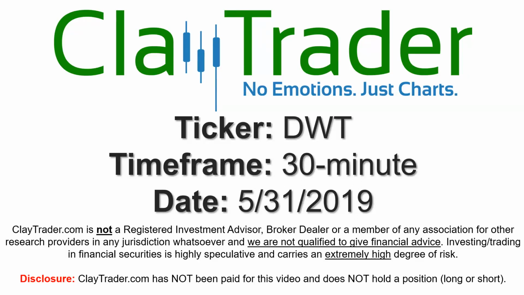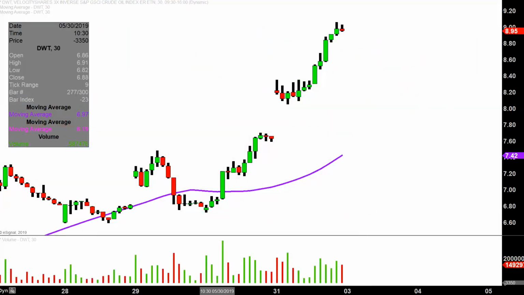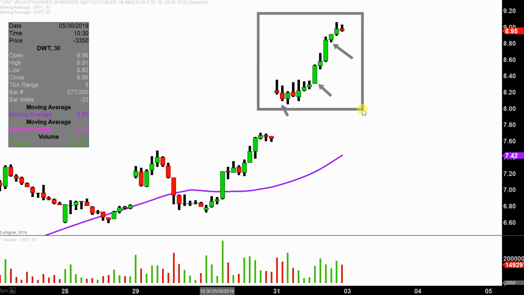We will take a look at the 30-minute time frame. Real quick, what do I mean by 30-minute in case maybe you're new to charts? Instead of each one of these candlesticks here representing 1 day's worth of price action, which is what you would normally see, each one represents 30 minutes. So while this here may look like several days worth of time, it's actually today's price action broken down into